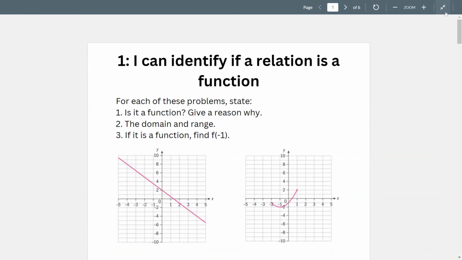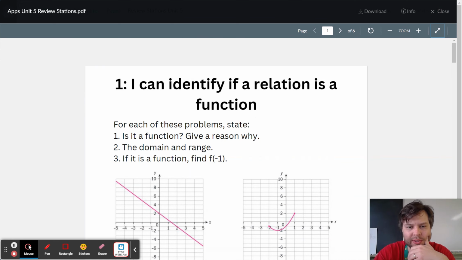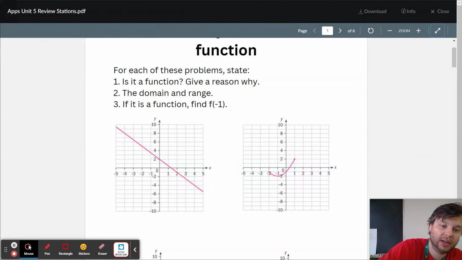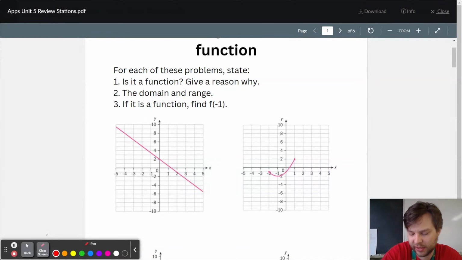All right, we got here our review stations, and I'm going to go through these pretty quickly. If anything's confusing, just give me a comment or talk to me, and I will do it slower. Okay? So we're looking first, are each of these a function? Then we're talking about domain and range, and then if it's a function, what is the value of f of -1? This is a function, this is a function, because every x value has only one y